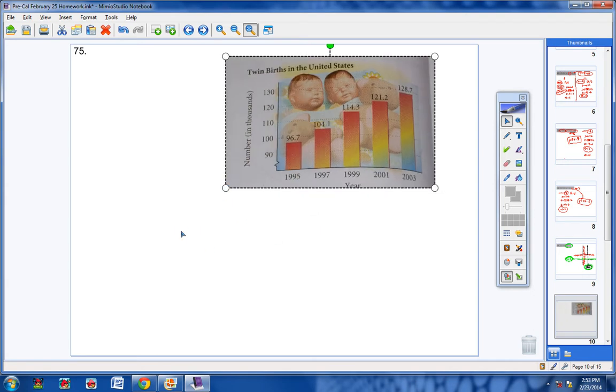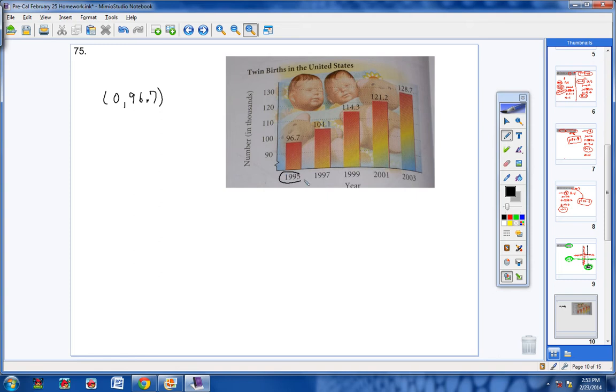Okay, let's continue on. So we have something to look at here. Model the data with a linear function. Let the independent variable represent the number of years after 1995, and so on. Now, let me show you what they're saying here. If you'll look in your book, please, at the problem, they give you these ordered points right here. Would you please look in your book? 0, comma, 96.7. Now notice this 0 refers to the years past, or in other words, what year. So they're using 0. Here's 1995, and in 1995 there were